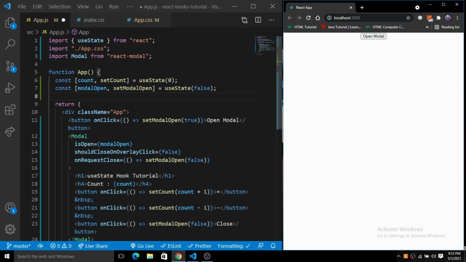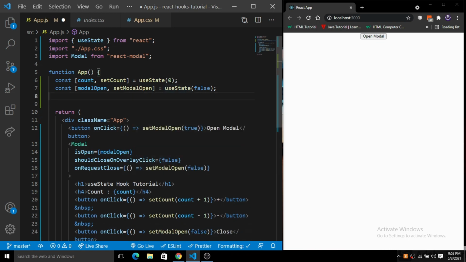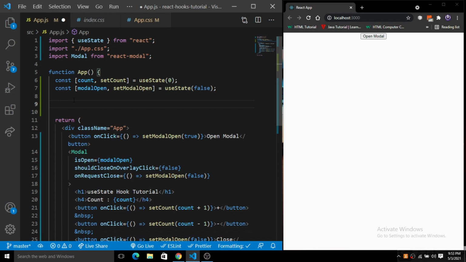If you can see here, the initial state is 0. So I'll just keep it as it is. I'm just going to declare a useEffect hook. How do you approach the useEffect hook? As I have discussed in the slides, you have to declare it inside a component in which you are able to use the state and the properties of that particular component. So you have to declare it inside the component.